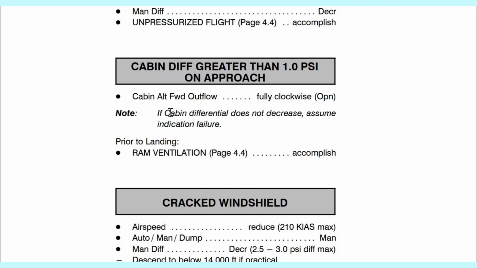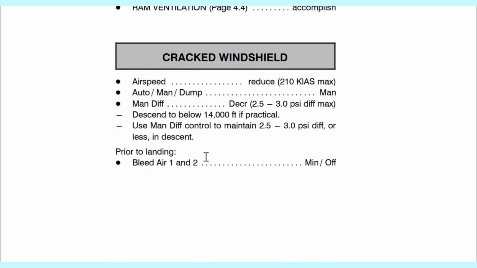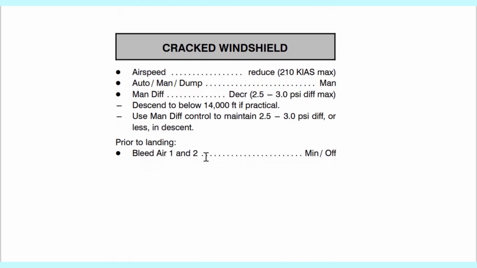Okay, crack windshield. You're flying and you just hear a boom, or a crack because of an arcing problem or anything that has caused the crack. What do you do? You reduce the speed, obviously, so you don't get a lot of airflow hitting the windscreen, so it doesn't squash inwards and do further damage. So what you have to do here is manually control the differential pressure.